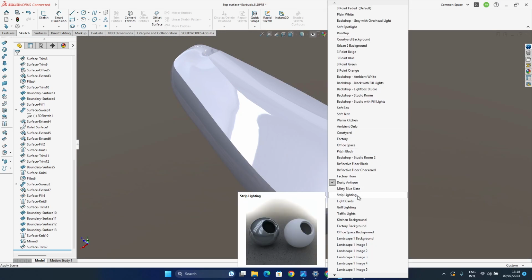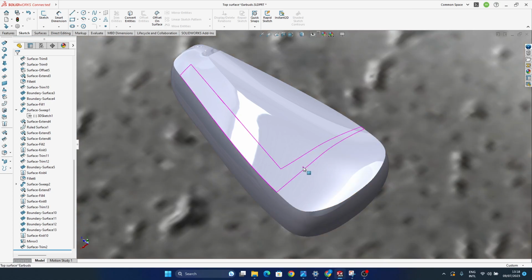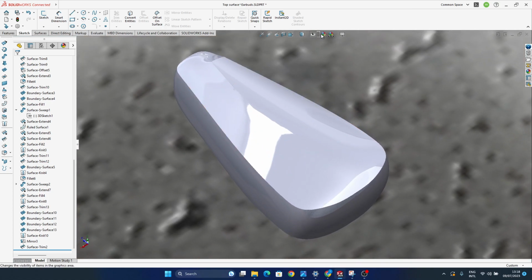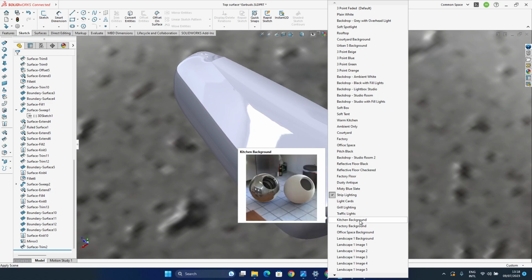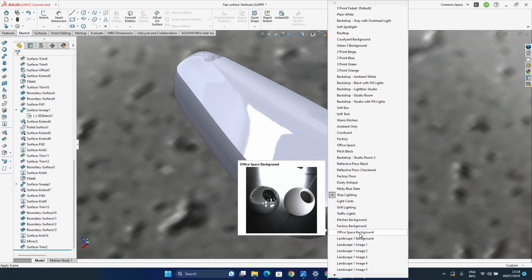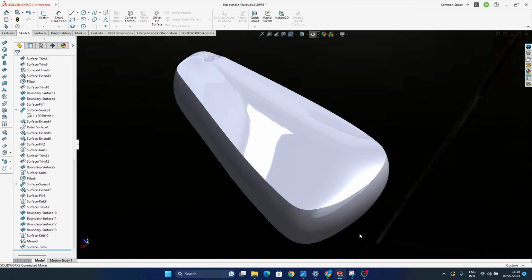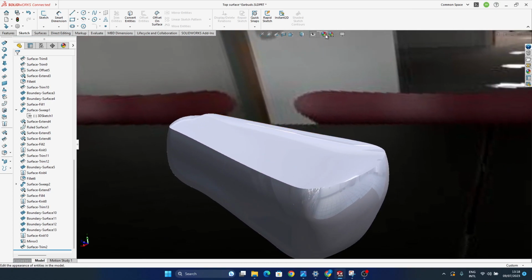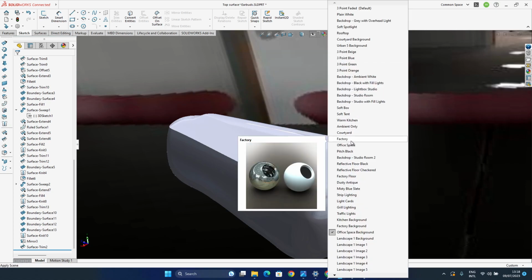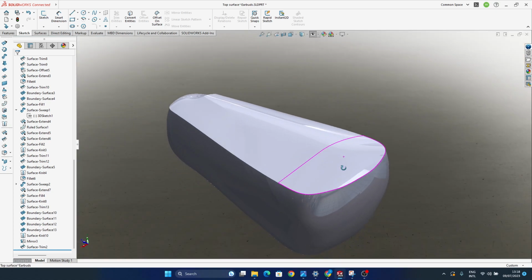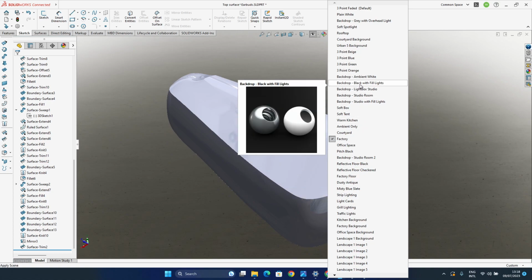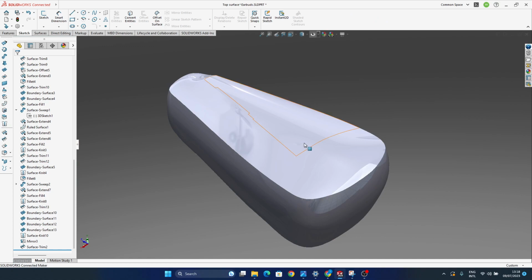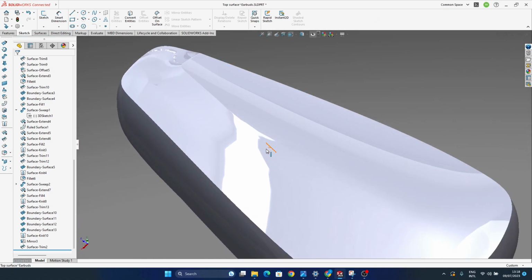Strip lighting, no. Nah, no matter what you choose, it's not going to really make it more visible than it is. So something again dark, and then